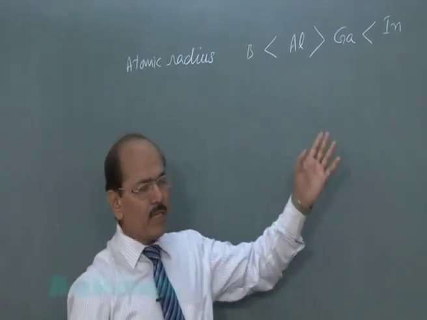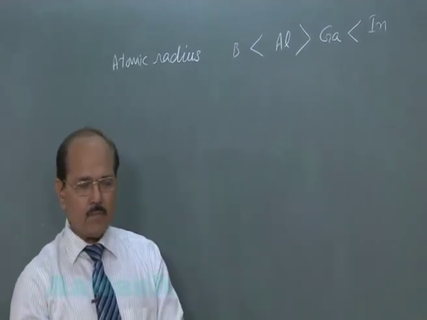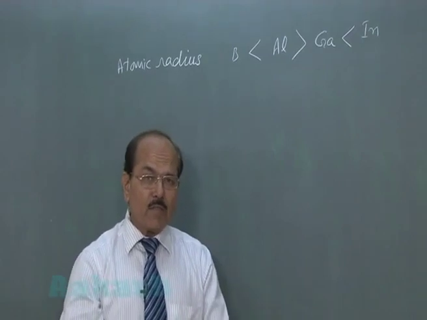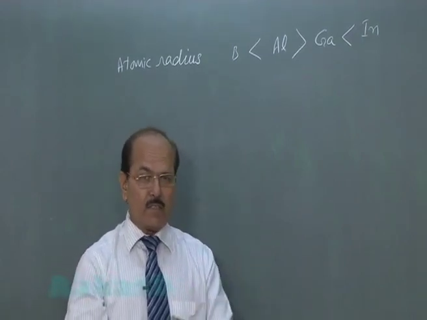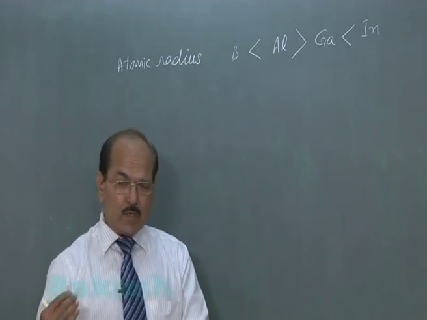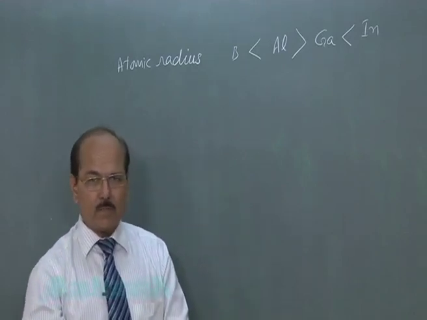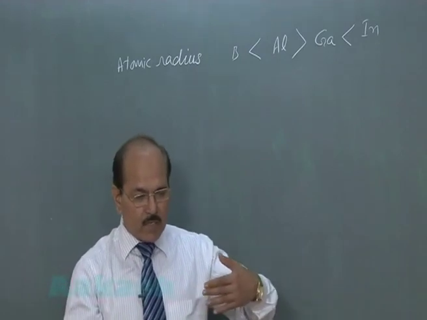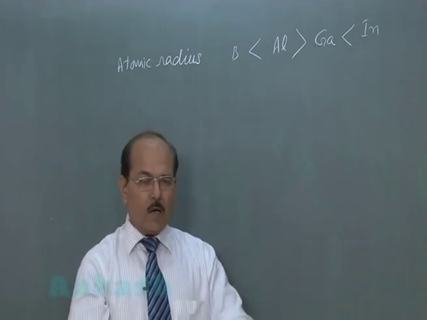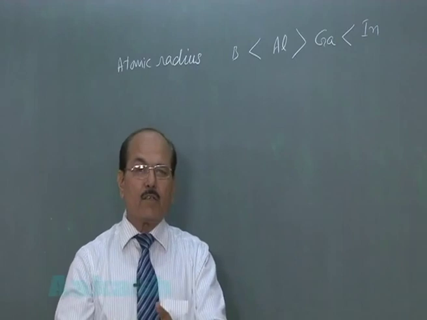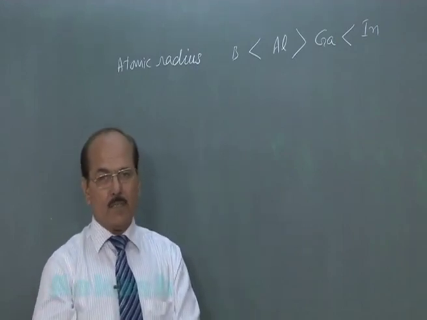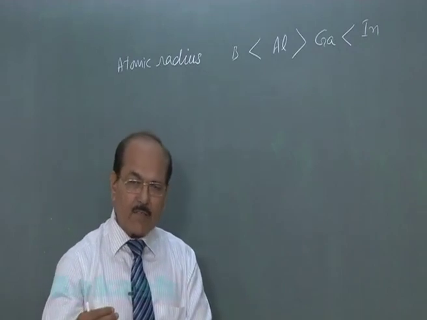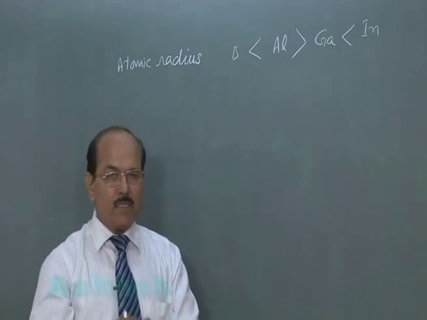When we move from indium to thallium, there is an increase in atomic number of 32 units. So, 32 electrons have increased. The charge on the nucleus also has increased by 32 units. How are these 32 electrons distributed? Out of the 32 electrons, 14 electrons have gone to the F subshell of the second penultimate shell. 10 electrons have gone to the D subshell of the penultimate shell.